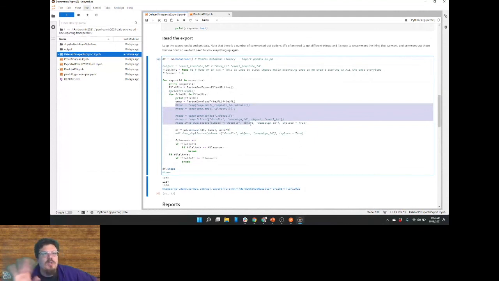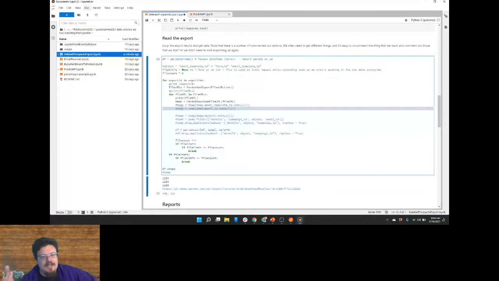We may need to do different things at different times. So I found that I end up having different things I'm trying to do. I'll build that code, I'll write that code, and then I'll save that for later. And I just comment that piece of code out, and then I'll have a slightly different piece of code to do something slightly different the next time I run it. And I'm lazy. I don't like redoing work. So I just leave it in my code and have different options here.